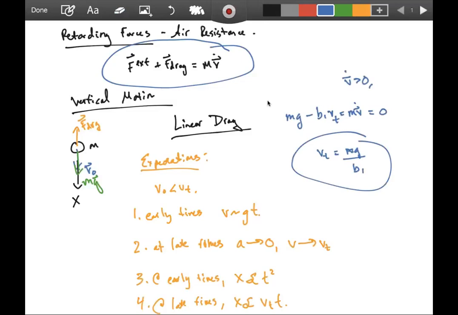We'll find this later, but this is what my velocity should go to at late times. Right? Just my weight divided by my coefficient. So good, let's actually solve this equation. Let's put all this stuff in here. Let's go back up. So I get m times dv/dt is equal to mg minus